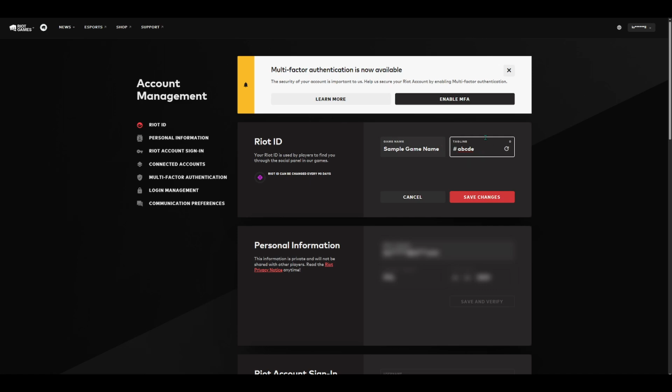When you're happy with your choice, click Save Changes. This is the important part. Your new tagline won't apply until you save. After saving, your updated Riot ID will be set, and your friends will see the new tagline attached to your name in lobbies, friends lists, and when sending friend requests. Sometimes it may take a little time to fully refresh across services,